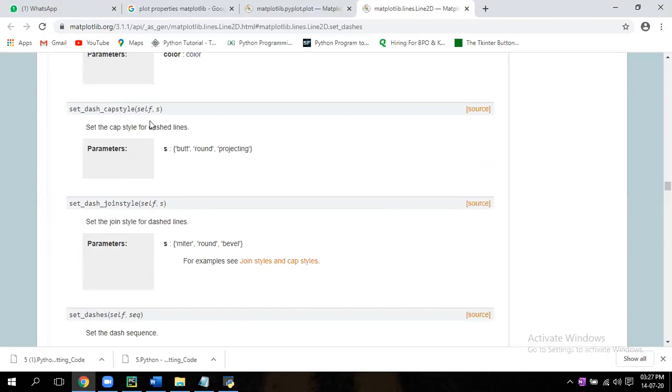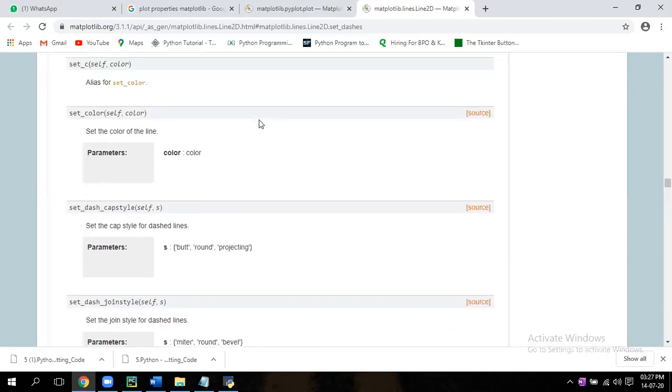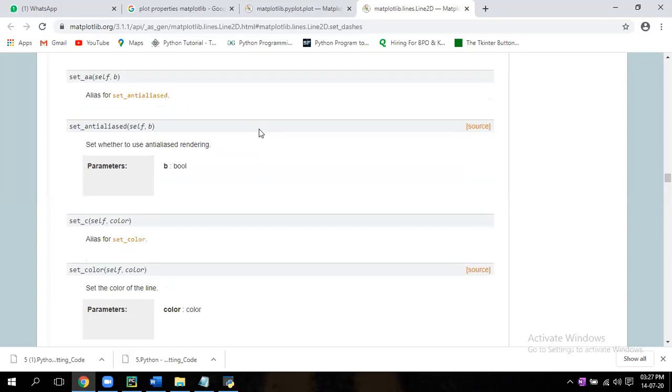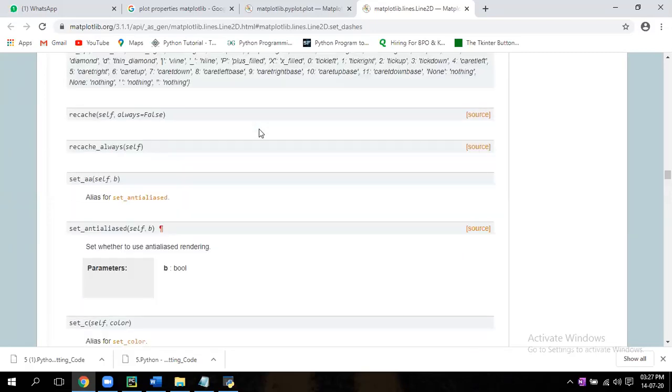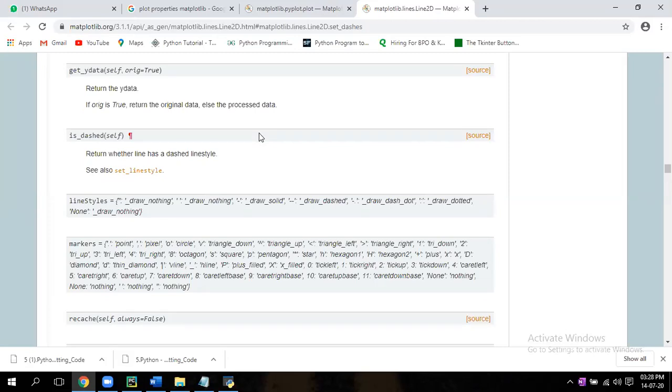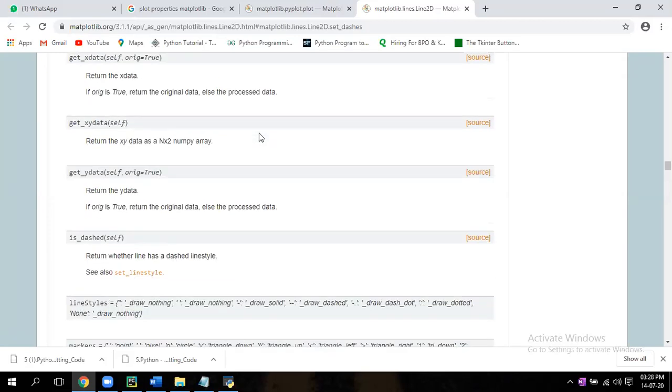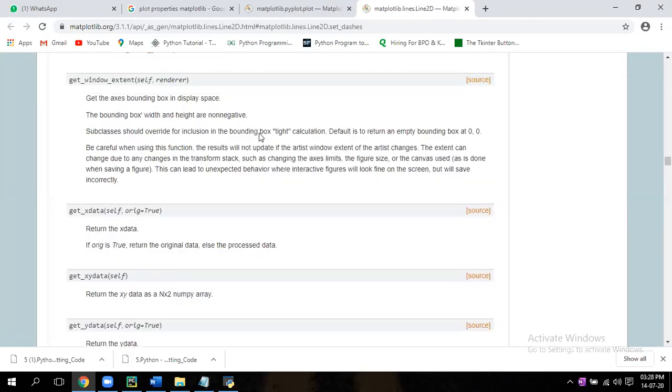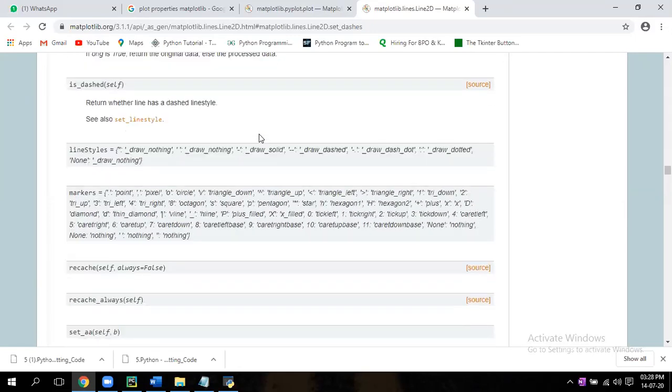So this is set dash color. Line style, okay, set line style, come down, get this. So these are all the properties, so many properties are there. Just edit there and see how it is giving. Okay, just close it. I'll tell you. Solid, or draw dash.